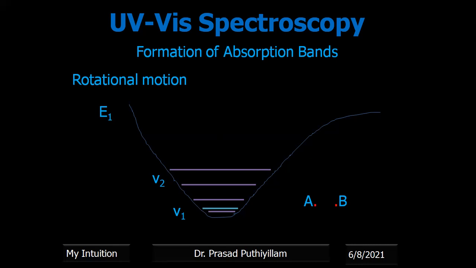Okay, therefore the rotation is included along with the vibration. Therefore, I represent it as R1. And at a higher energy level, with further, faster or higher energy, it absorbs and undergoes rotational motion. That is R2 represented. So the molecules, along with this vibration that we are discussing, undergo shifting of an electron to a higher energy level.